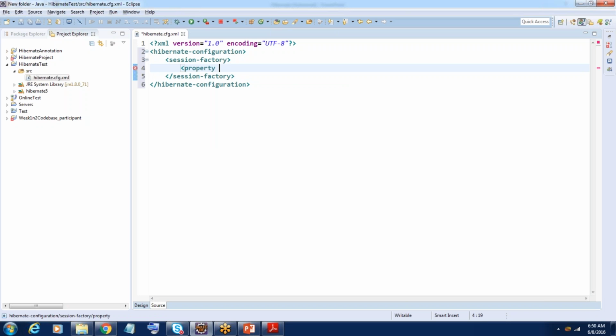Property name is equal to hibernate dot connection dot driver underscore class. So the name of the driver you need to specify: com dot mysql dot jdbc dot driver,